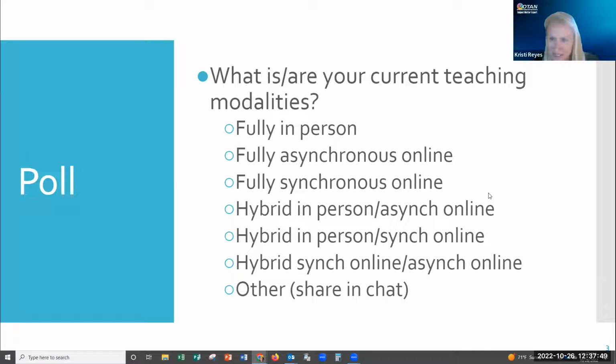Pretty much as I suspected, but since we don't have everyone participating, it'd be great if you could all participate in the poll, then we could get a better picture. So I'm counting down from 5, 4, 3, 2, 1. I'll go ahead and end the poll and share the results with you here.